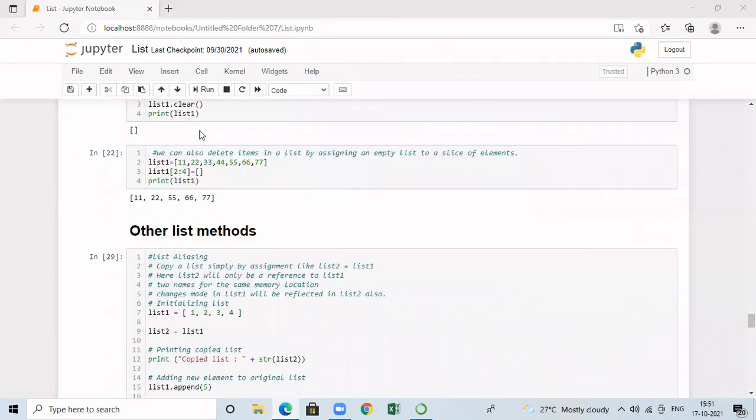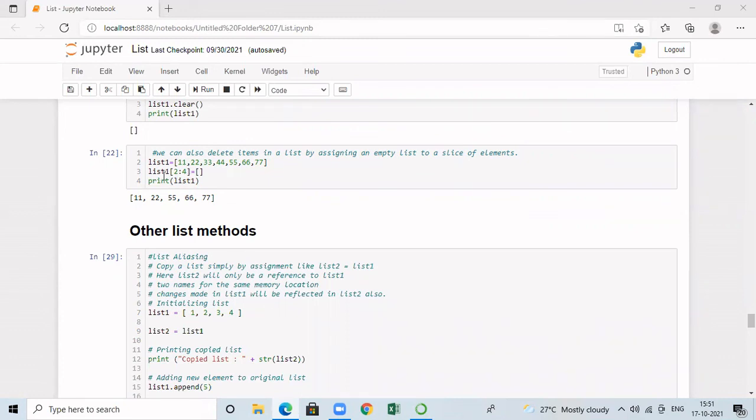And without calling these built-in methods, we can also delete the items in a list by assigning an empty list to a slice of elements. That is nothing but range of elements. Let's see how to do this one. So currently my list is having 7 elements as given here. I am trying to now remove the elements which are present in the index 2 and 3. So therefore I have to specify the slicing range. The starting range is 2 and ending range is 4 because I want to remove up to 3.